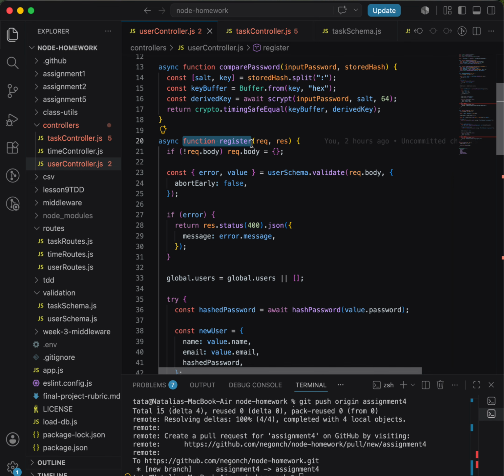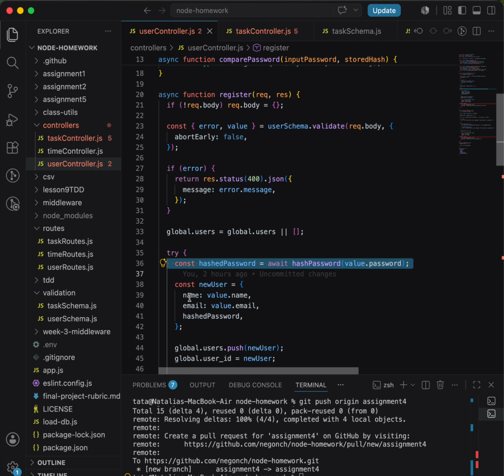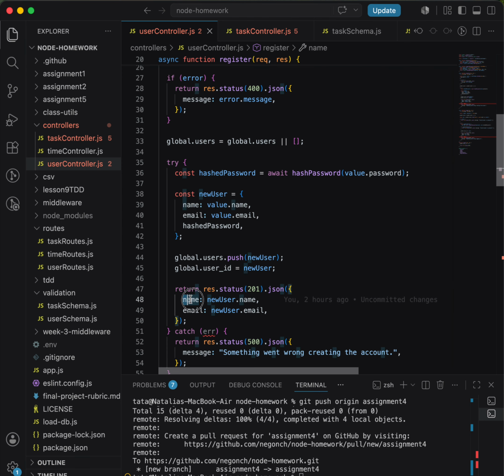For register, it validates the request with Joi, checks for duplicate emails, hashes the password, stores the hashed password instead of the plain password, and returns only the user's name and email. Yes, this returns it. It stores the hashed password. And for logon,